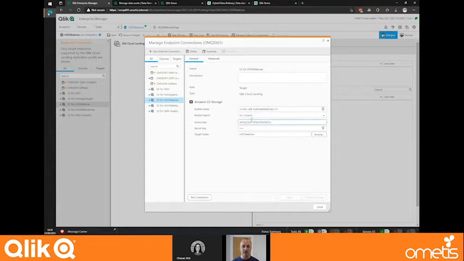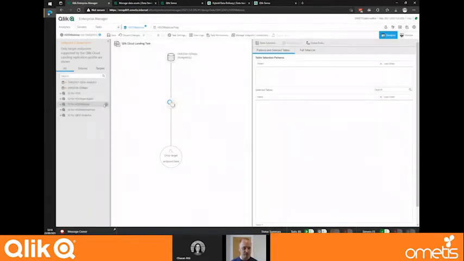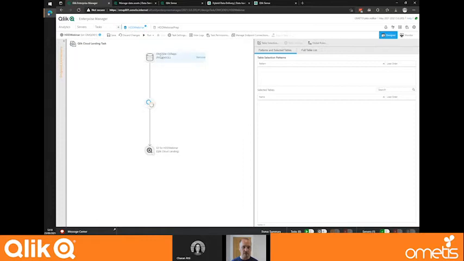We just set the bucket up and the access key and the target folder and so on. And that's all we need to do in here to set up a target. Obviously there's permissions to set up and things like that, which I've done before this. You don't need to see me navigating through AWS permissions. So I've set my on-prem data source here, my Postgres, and I'm going to land that, as it's called,